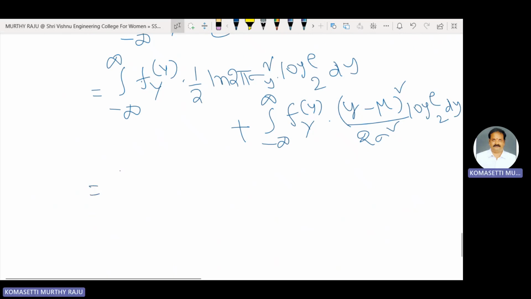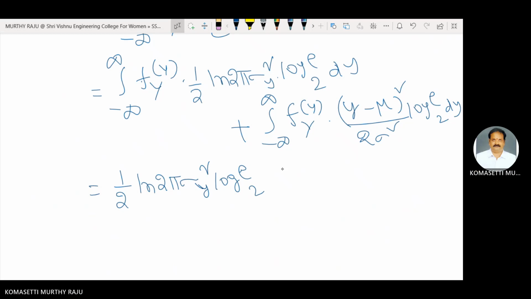That is equal to 1 by 2 ln 2 pi sigma y square log e to the base 2 integral over minus infinity to plus infinity f of y dy